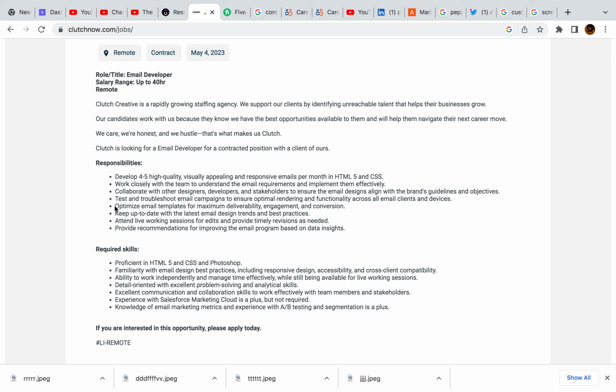Okay, it says optimize email templates for maximum deliverability, engagement, and conversion. It's almost saying the same thing, but it's two different things they're talking about. I'd say one thing is conversions. When you optimize it, again, just making sure everything looks good in your browser as far as on your computer, and also on mobile, making sure it's mobile responsive as well,